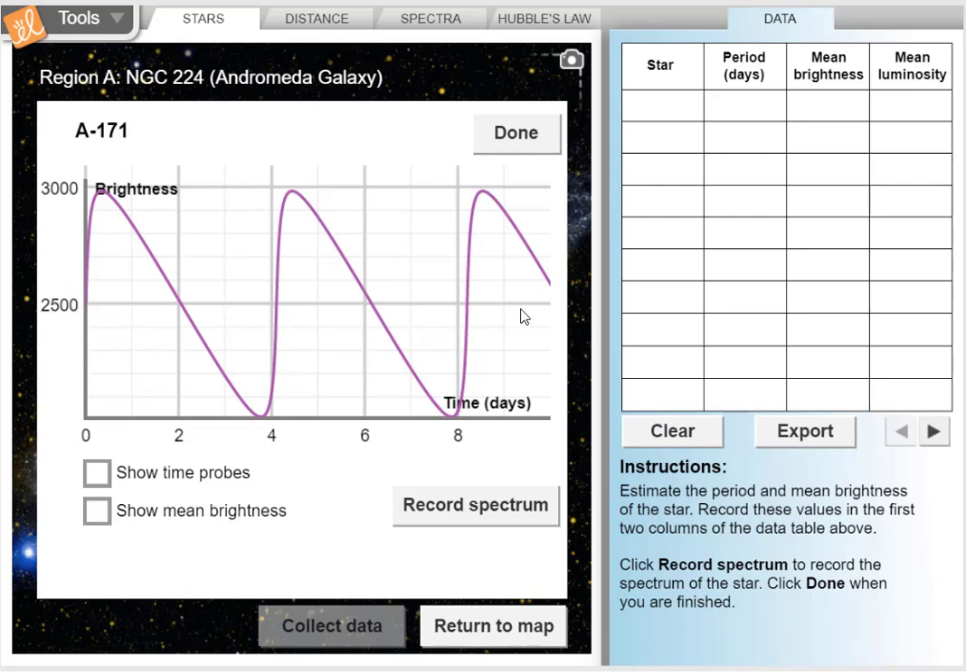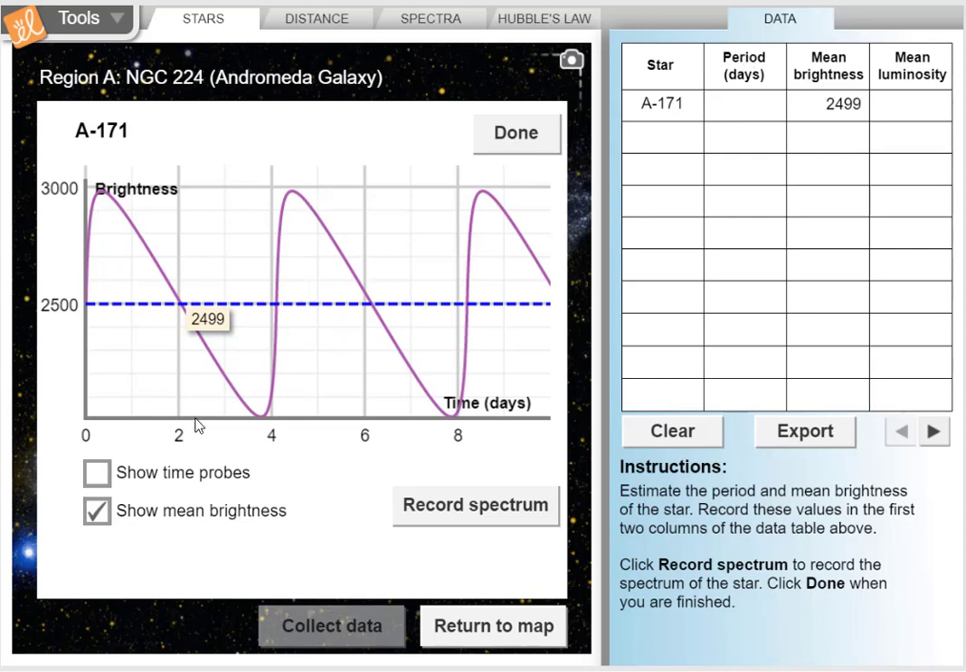So that'll be about the equilibrium position for the wave, but I can just click Show Mean Brightness for this star. So this is star A171, and its mean brightness, which means average brightness, is 2,499 suns. Now, I also need to find its period, which is how long it takes for this pattern or